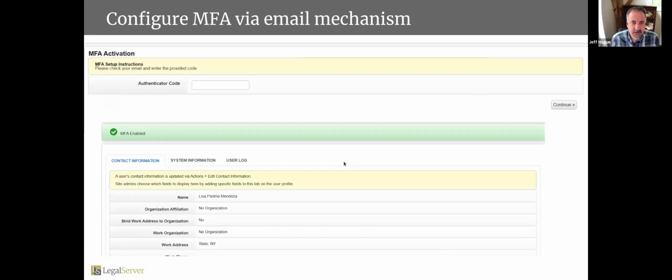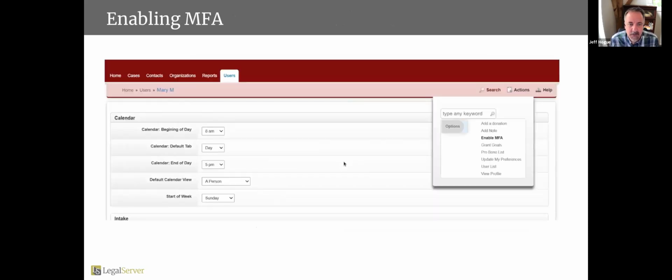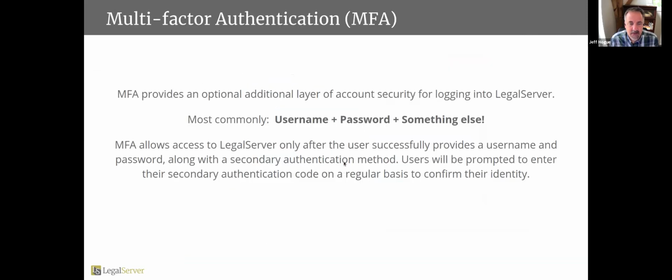We'll probably spend some time on these features though, because we would like to make our version smarter as well, so that we can say, you know what, even if it's 3 days later, if it's from the same IP address, and there are some other cool things we might be able to do, and it looks like normal Cecilia behavior, we're not going to prompt again. But yes, once a day is exactly what we have it set to right now for the LegalServer version.